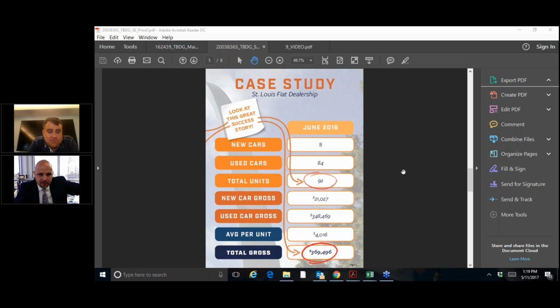Absolutely. This is a Sleepy Hollow case. The dealer was awarded the franchise because he was a multi-point FCA dealer, so they gave him the franchise, and they moved it into an existing facility they had when they had lost another franchise a few years ago, and so it was really just kind of there. We went into the deal and turned it on once again.